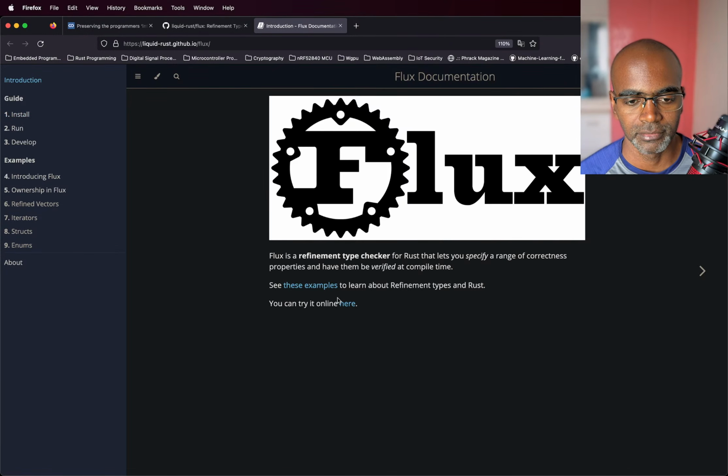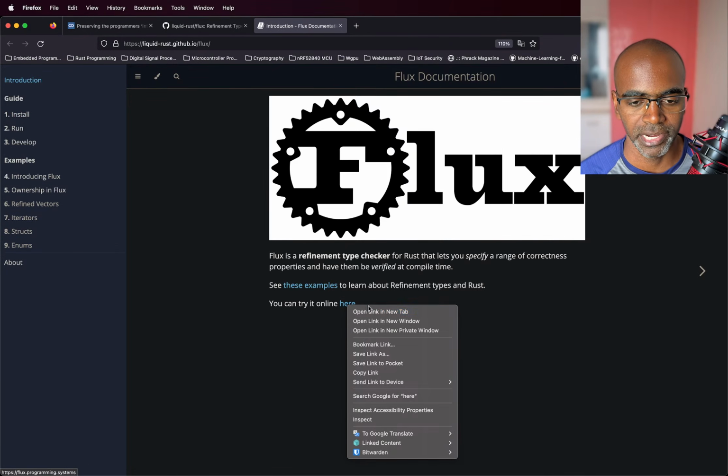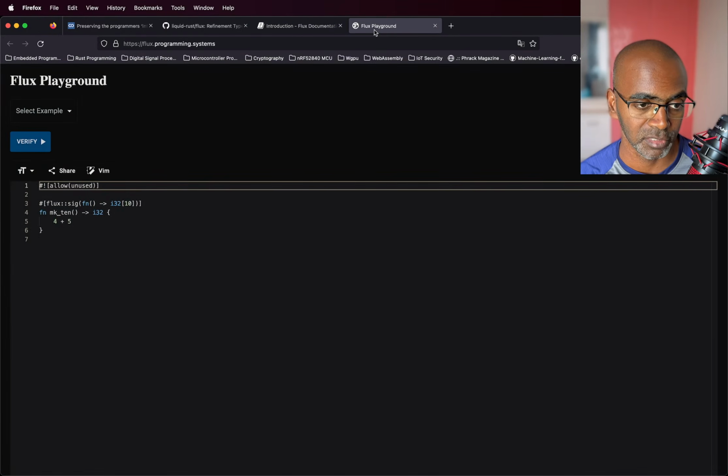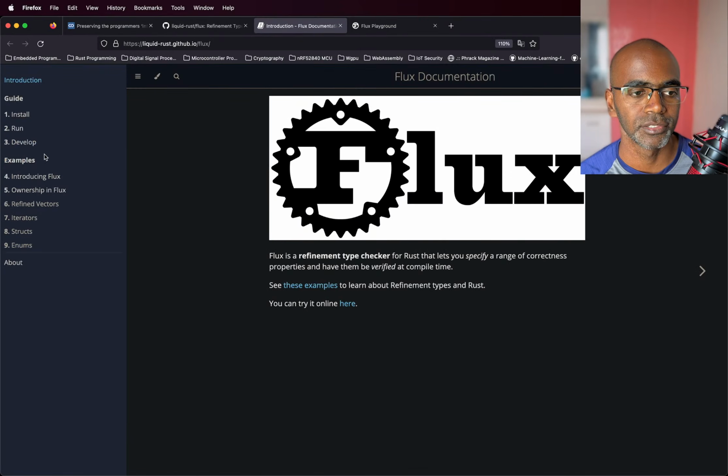So yeah, we can also try it online. I'll just pull this up and put it to the side, because I do have some examples for both, which is the ones in the playground. It's called the Flux Playground. And I've also put some of my examples together just to try it out in VS Code itself. Okay. So let's actually look at